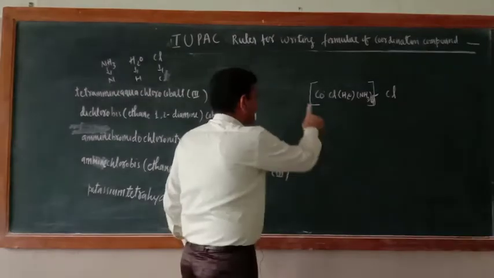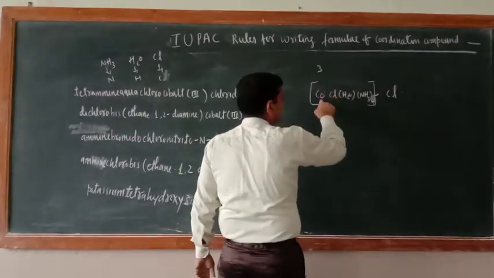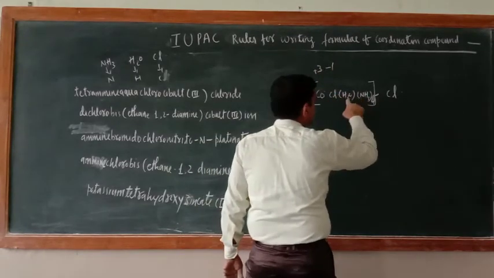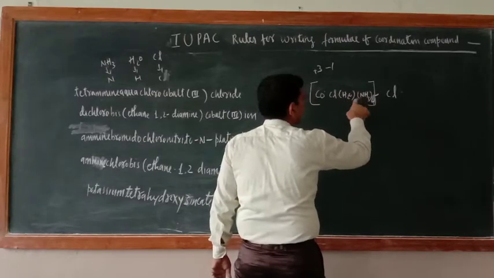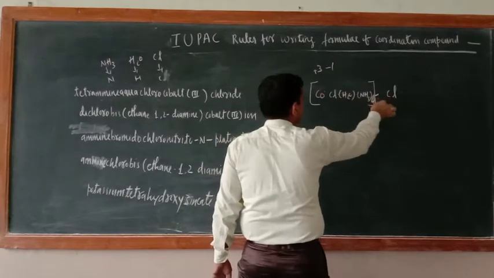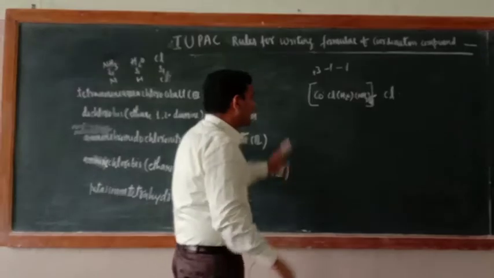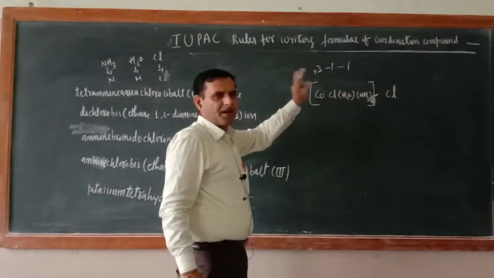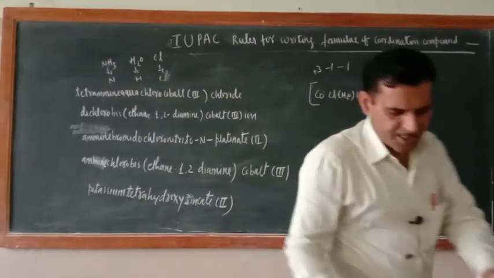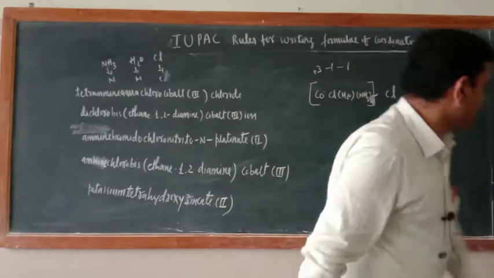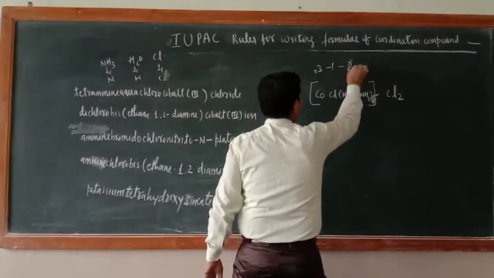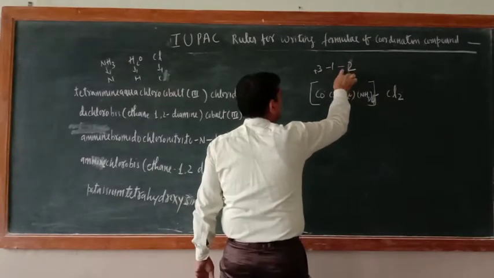Just check. Now here 3 is the oxidation number of cobalt. So 3 positive charge, minus 1 for chlorine. Now these two are neutral ligands, so that is 0, 0. So plus 3 is there, minus 1 is there, and this one is also minus 1. It means positive charge is 3, but negative charge is minus 2, so somewhere something is missing. So what should the number be? If we write here 2, then this will also be 2, so the minus 1 minus 2 that is minus 3, and plus 3.